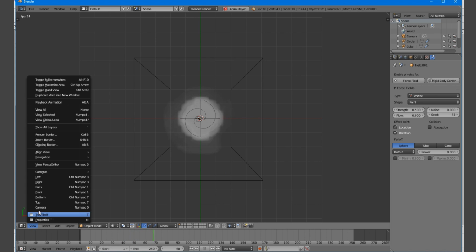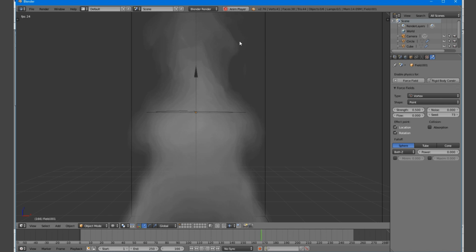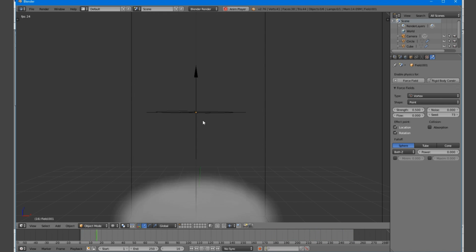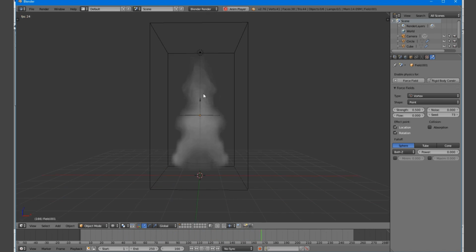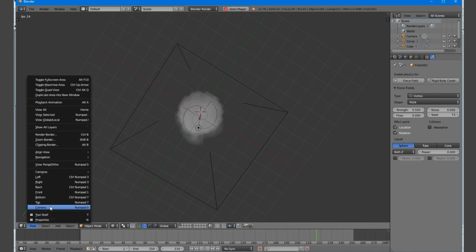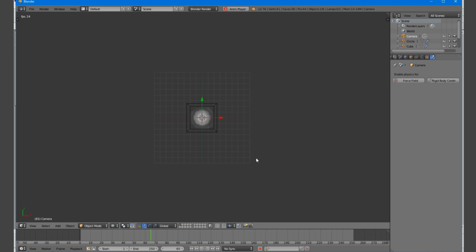You could also do this from here and just have the camera sitting here, and then if you want this to be a tiling one, you might have to do some special stuff to get this smoke tiling upwards. But in my case, I'm going to do it from top down, so you don't need to worry about that kind of tileableness. So let's go ahead and press Alt R and Alt G when the camera is selected